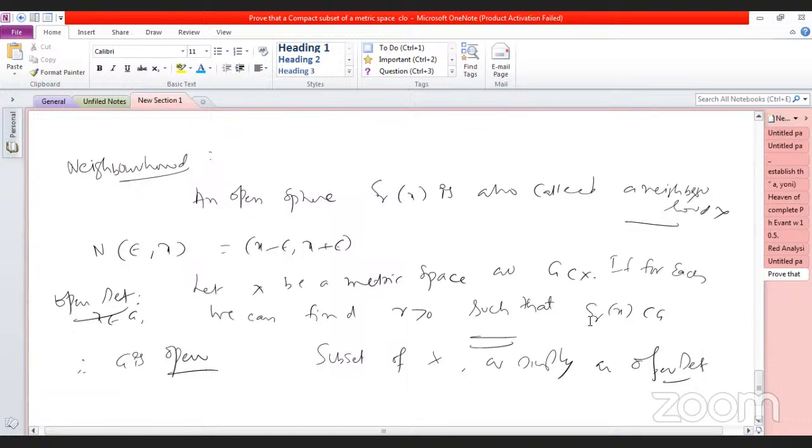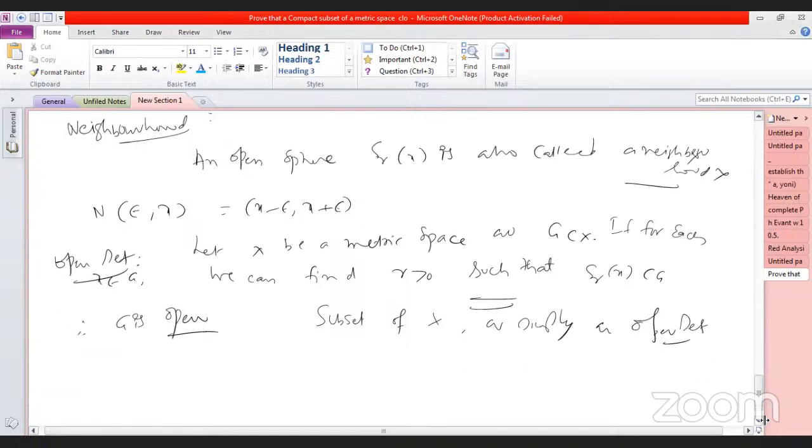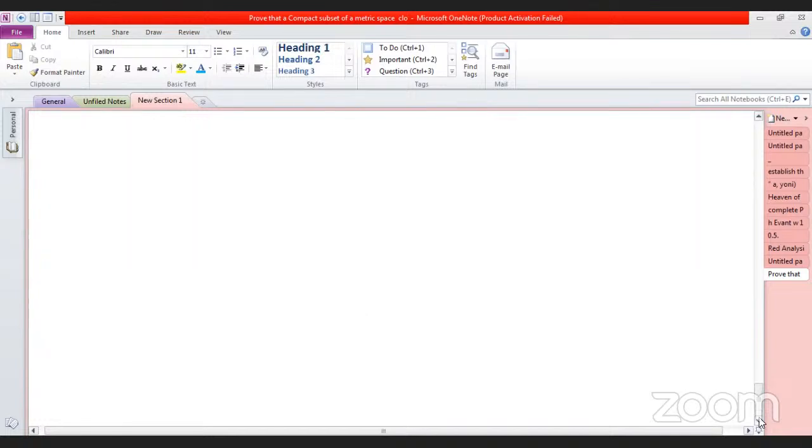So simply, a subset of R is simply an open set. Then we have to take the proof of this one. What is the proof? Are you asking for any proof? Prove that an open sphere in a metric space is an open set. So x belongs to X we are taking here, and r greater than 0. Consider